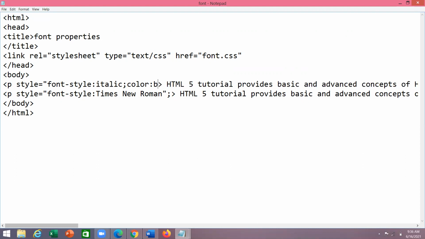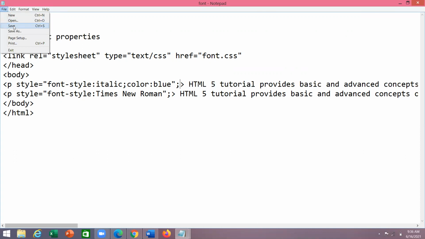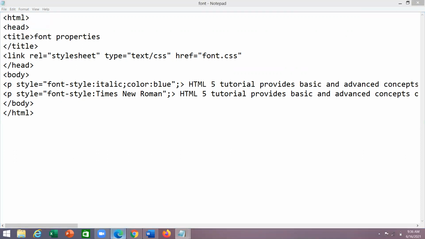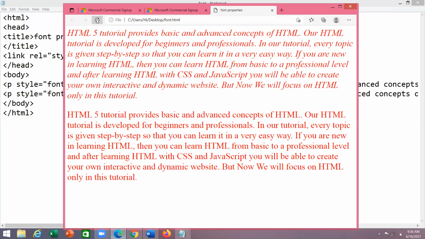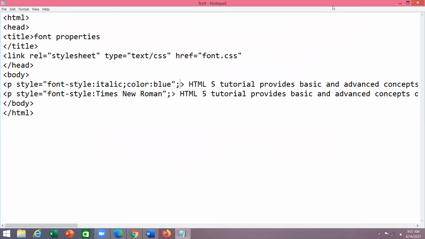I'm giving the blue color in double quotes, and the two properties are separated with a semicolon. Now I'm saving the document and refreshing the browser. I'm giving the color for the first paragraph. Already the red color I gave, so that is applicable in two paragraphs.